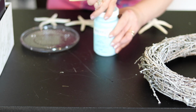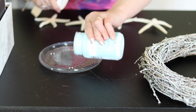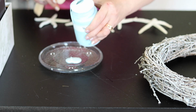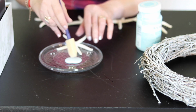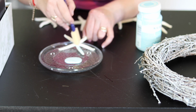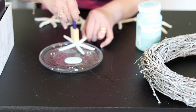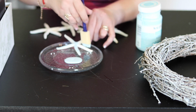because I used this once. Oh, we need to make it darker. Maybe it's really light. So it's actually a perfect color. I don't need to do anything to it. So I'm gonna paint the starfish, all of those, and let it dry, and then we'll go to the next